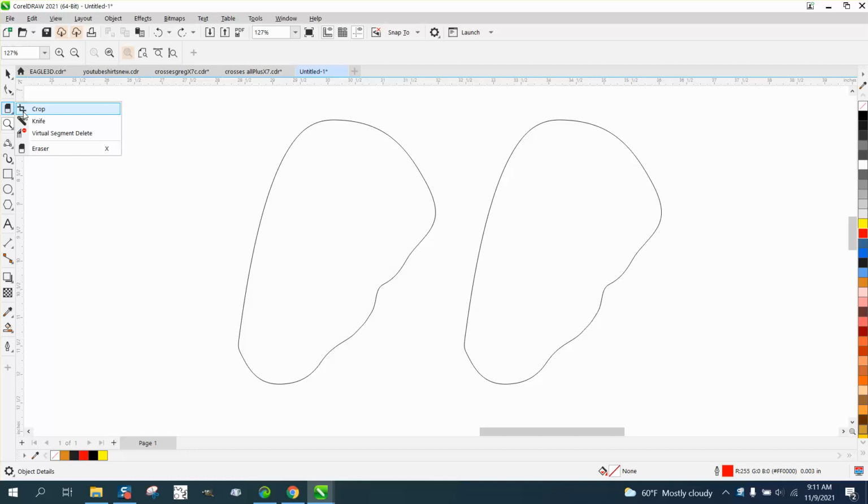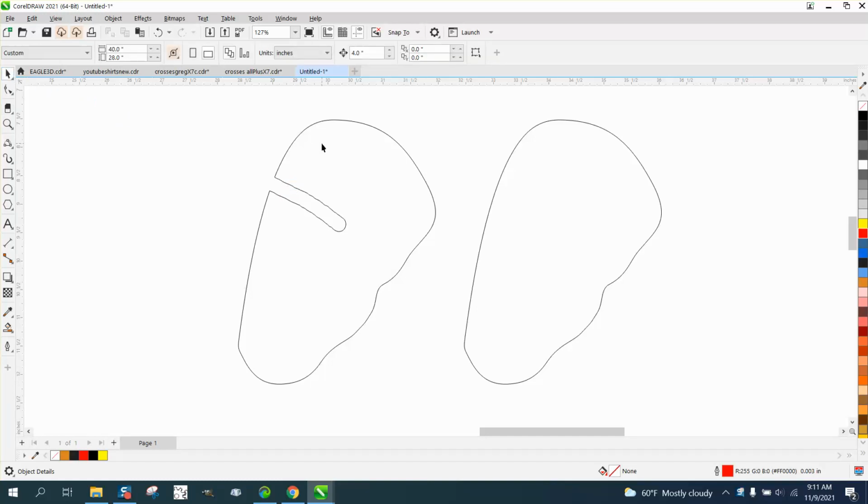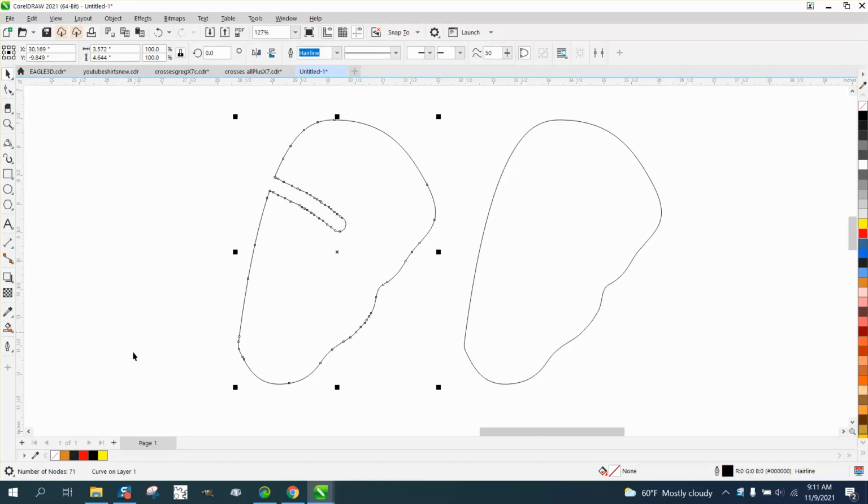The person I'm trying to help said they followed my video, and when they use the eraser, it does that. And that's a good thing in a way. But if you notice, this is a curve, and I've got the exact same curve here. But I'm going to go to this curve and